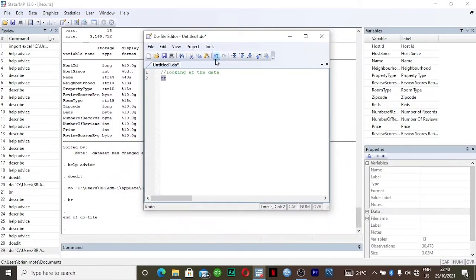Okay, so let me write this command, start cleaning. First of all, we drop the variables that we don't want. Therefore, drop zip code.